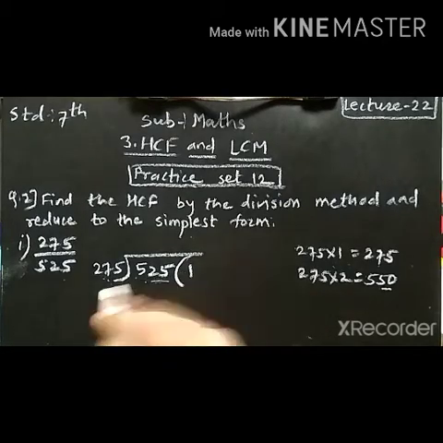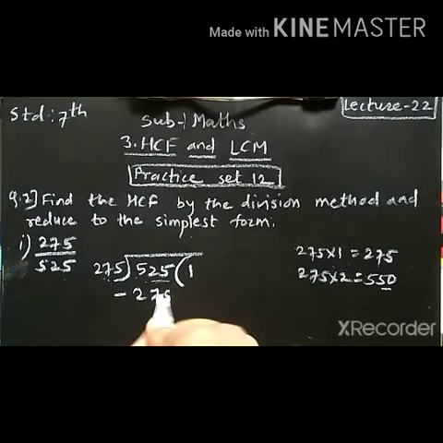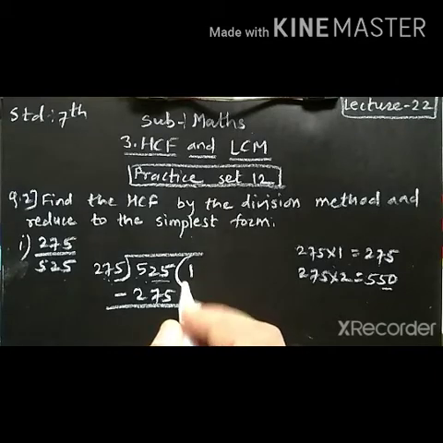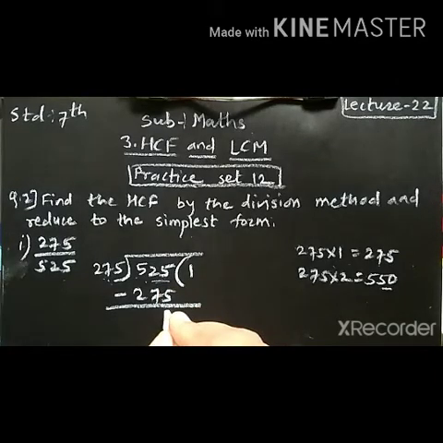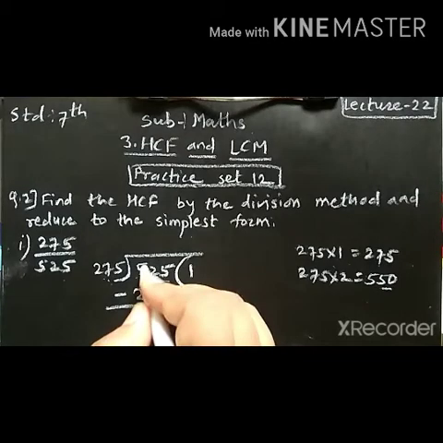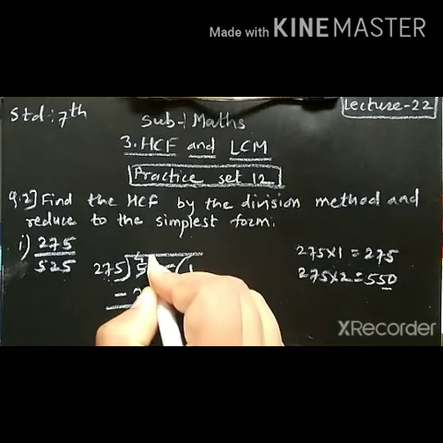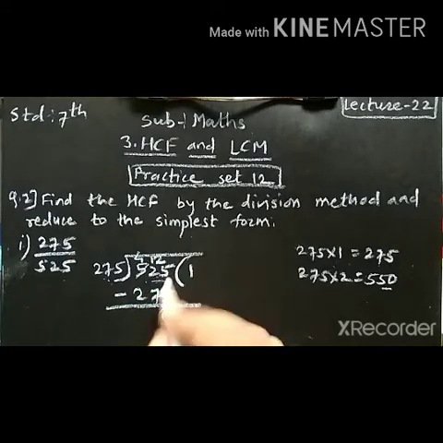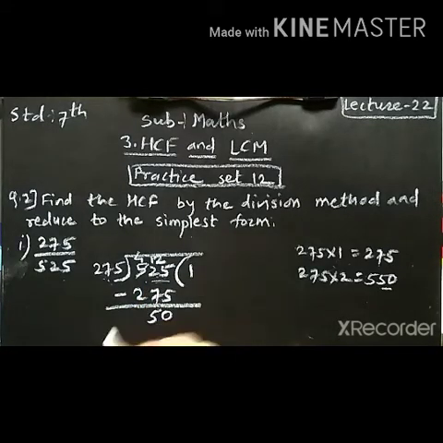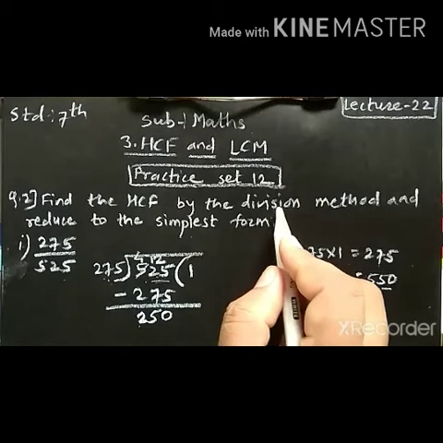275 ones are 275. Now do the subtraction. 5 minus 5, 0. Now 7 cannot be subtracted from 2. So take borrow from 5. That is, here we got 4 and here we got 12. So 12 minus 7, that is 5, and 4 minus 2, that is 2. Now we got 250. Now according to the rule of division method,